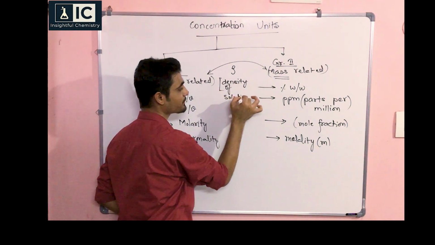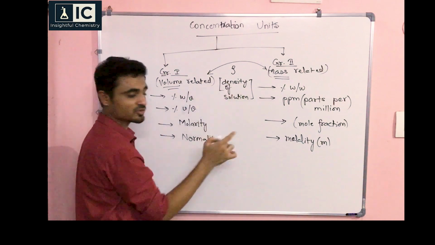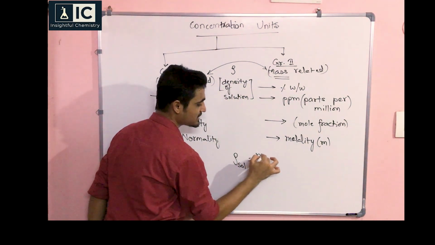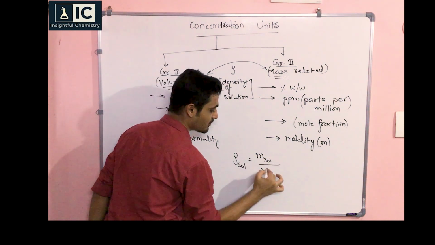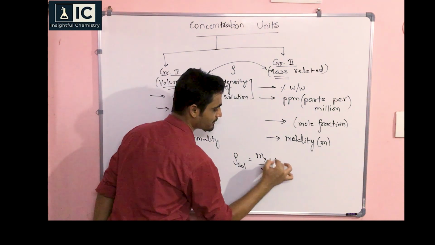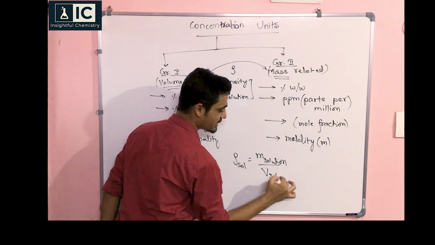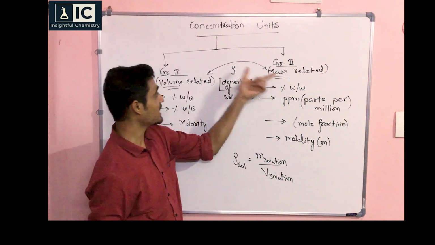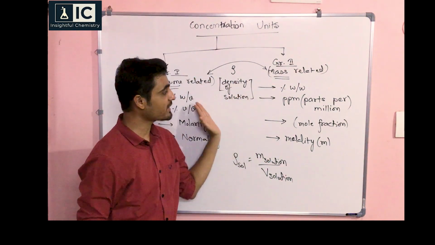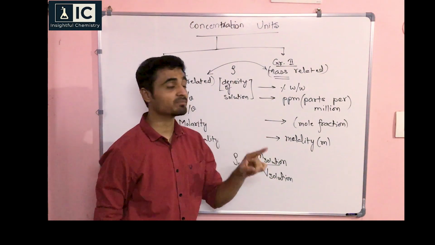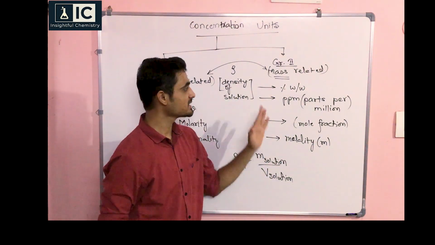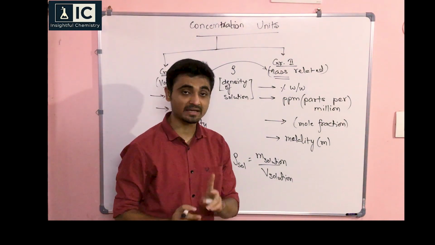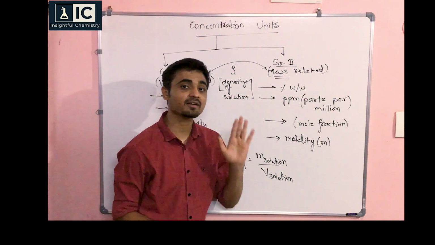Why am I saying this? Because what will density of solution be? Density of solution will be equal to mass of solution divided by volume of solution. So density is the one which relates mass and volume. So if I have to go across the groups, I must have density. Otherwise, if I am converting within a group, I don't need it. Okay, hope that is one thing clear. So you must understand and remember this.